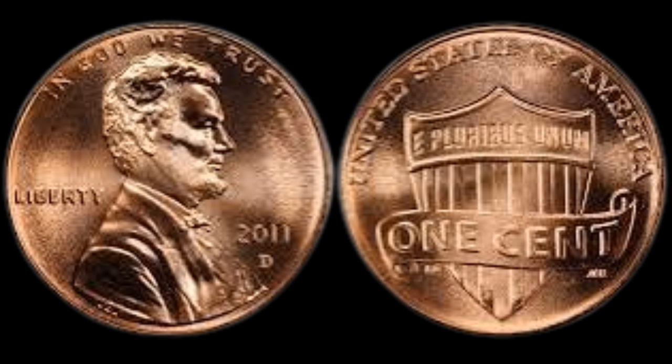And it all started in early 2011 when the United States Mint was ramping up penny production in response to increased demand for low-denomination coins in various regions across the country, and while the majority of the 2011 D pennies produced that year were entirely normal and uneventful, somewhere within one particular batch of planchets, a rare mix-up occurred involving a rejected set of test blanks composed of a proprietary copper-tin-zinc alloy that had been previously developed for durability testing but never intended to enter